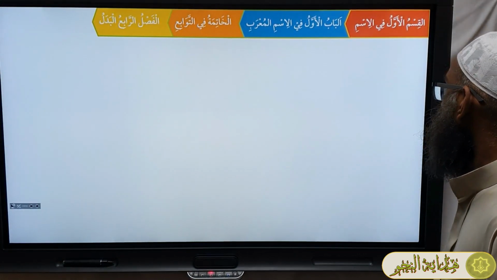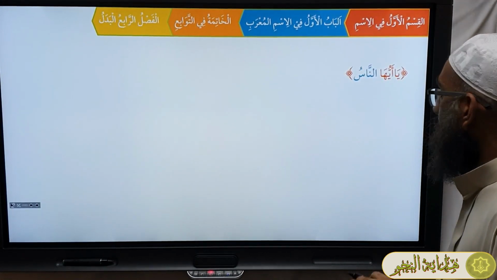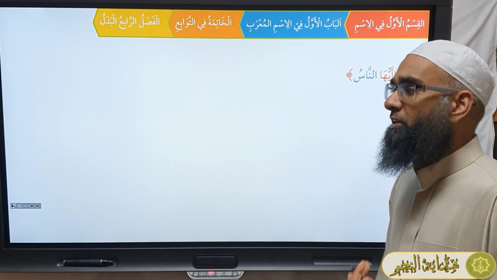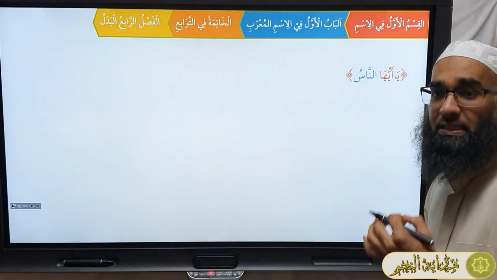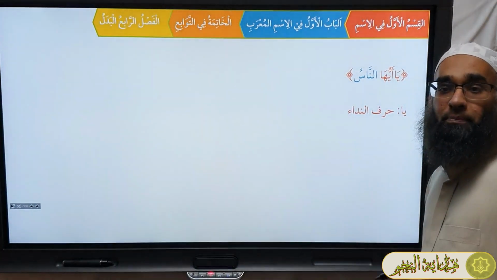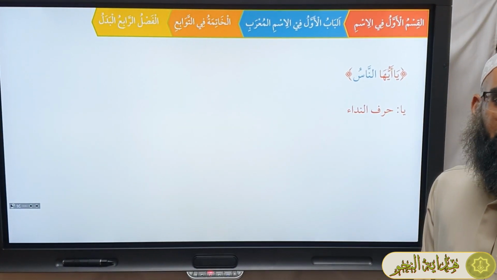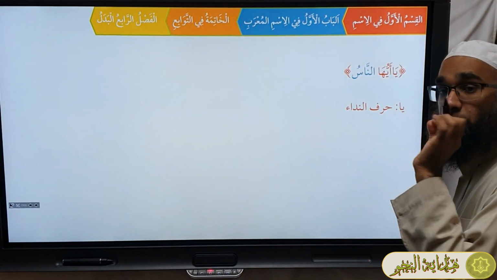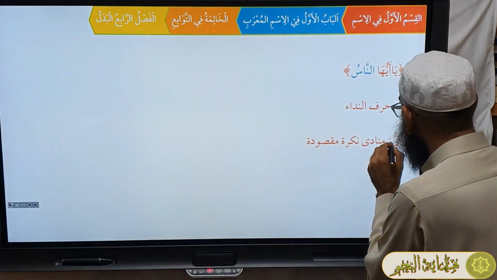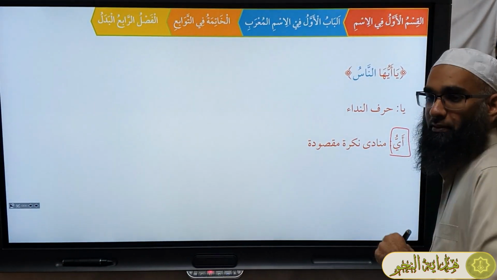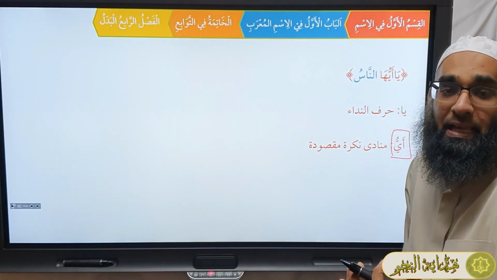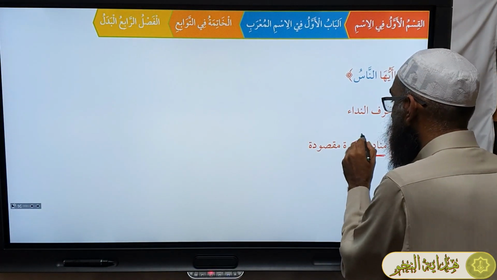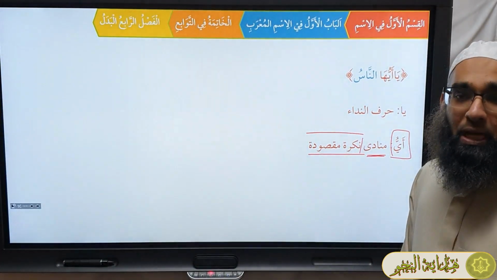Now this is one word. I want to explain the Irab of this badal in detail, because people get confused or don't know the Irab of this. So the ya is what? The ya is harfun nida. And the munada, the thing you're calling, is actually the ayyun. Technically in Arab, you're calling the ayyun. Its nakira is munada, and its nakira maqsuda, and nakira maqsuda and ghayr maqsuda, etc.